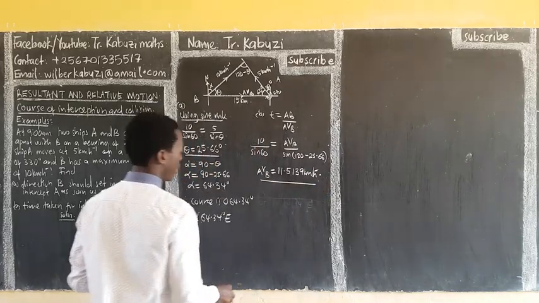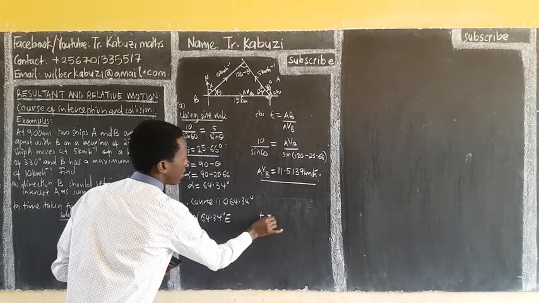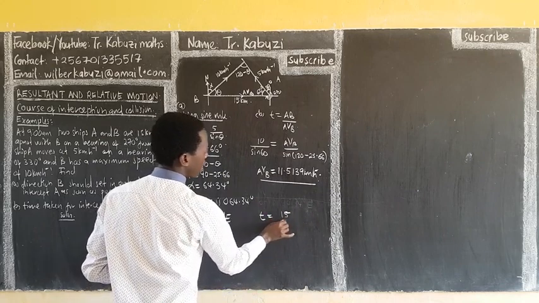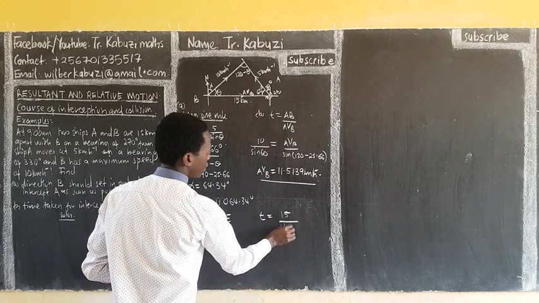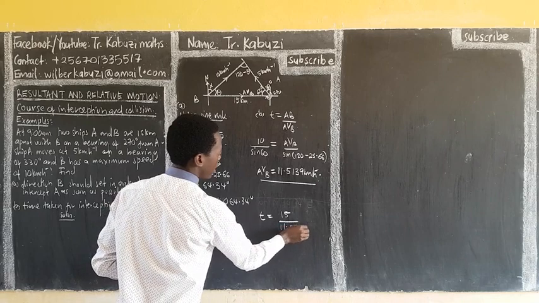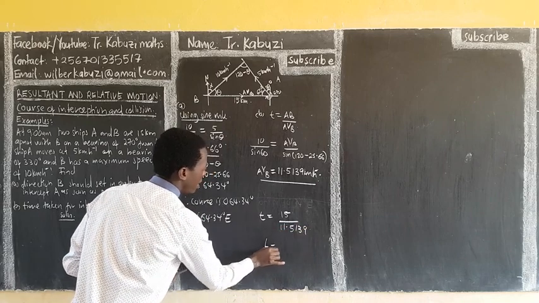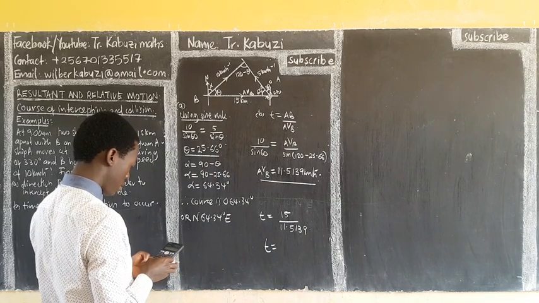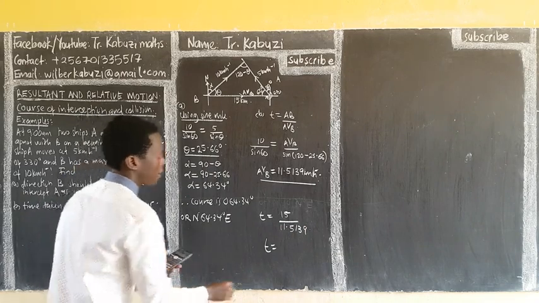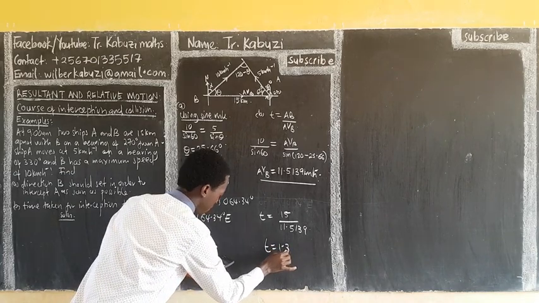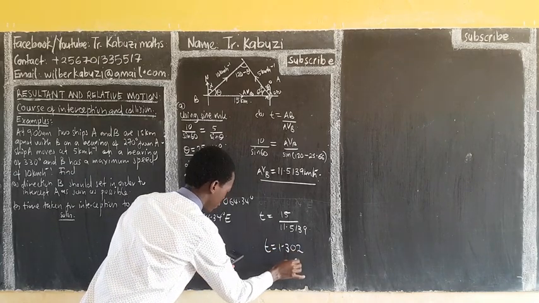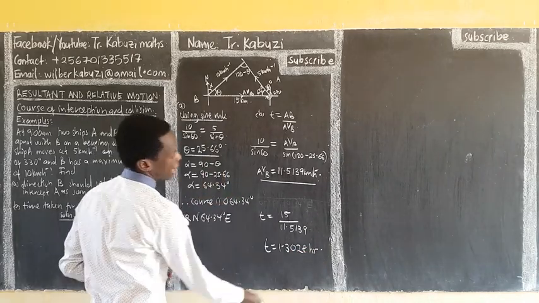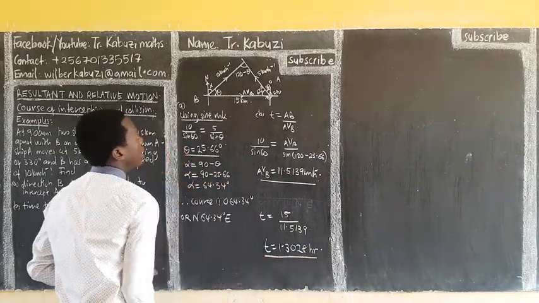So meaning from there, my T is going to be LV, which is now 15 over 11.5139. So from here, my T is going to be 1.3028 hours. As simple as that. So that's the time. Alternatively,